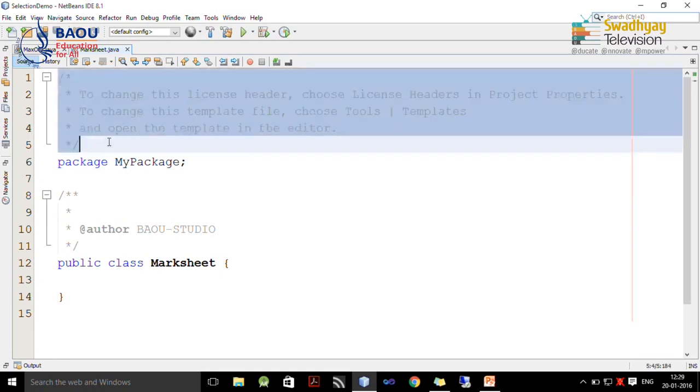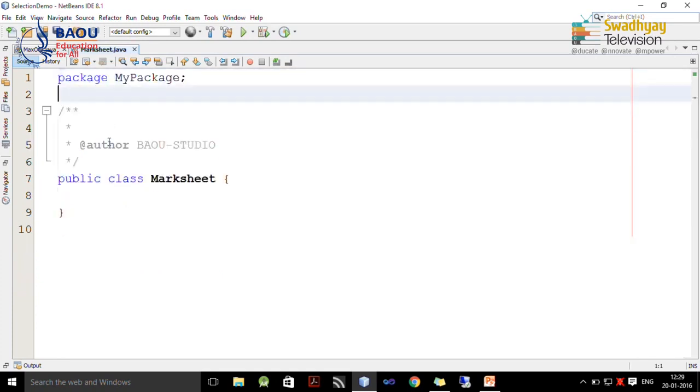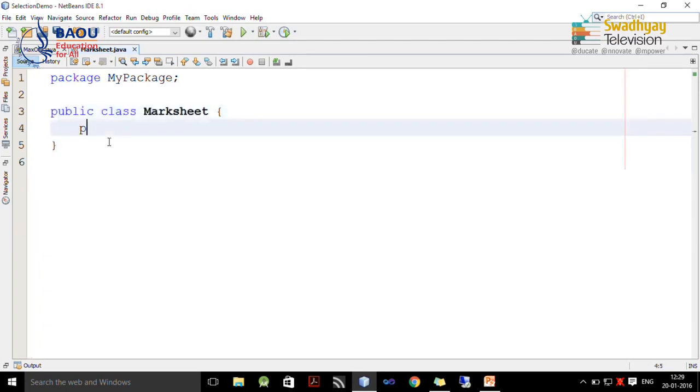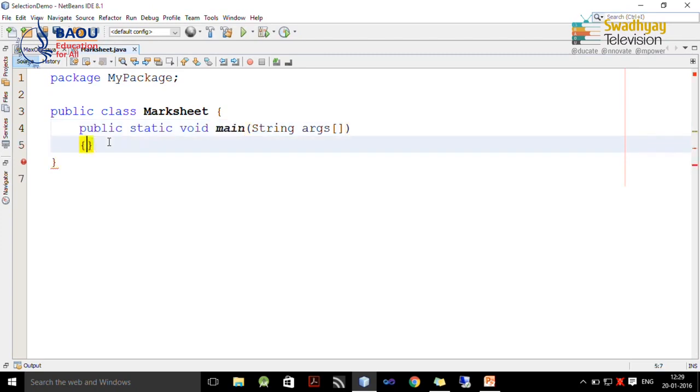And then we remove this comment for better viewing, and again we write down the main method inside this. So I write down public static void main and it takes a string array as argument.